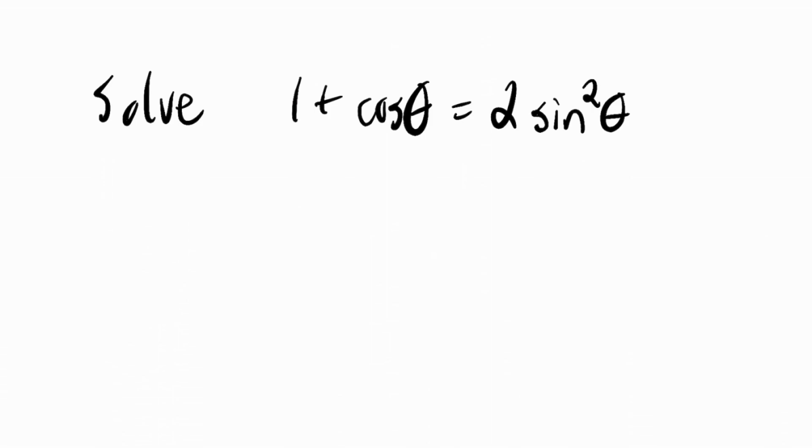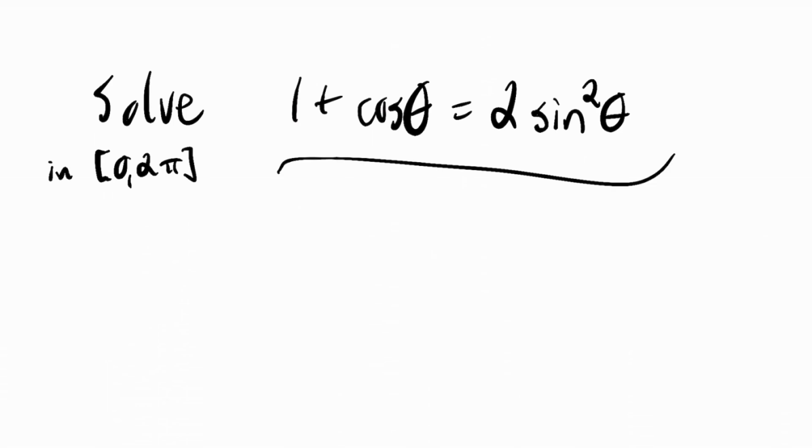Okay, so this is an example of solving a trigonometric equation in an interval. I didn't write it on here, but let's say in the interval 0 to 2 pi, just to make things a little bit more manageable for ourselves. Now, the way this is set up, 1 plus cosine theta equals 2 sine squared theta, we have a sine